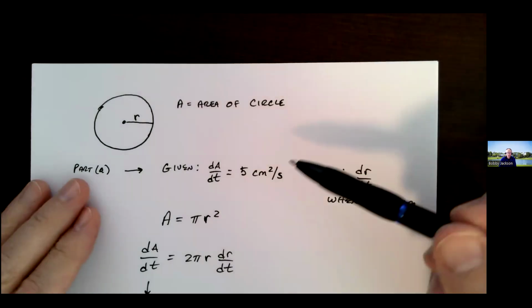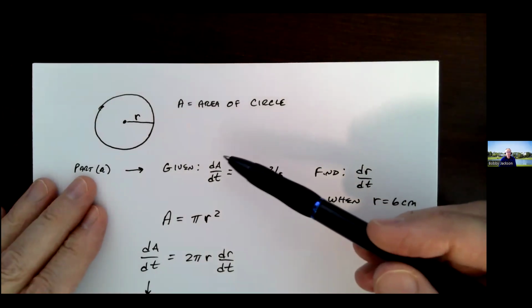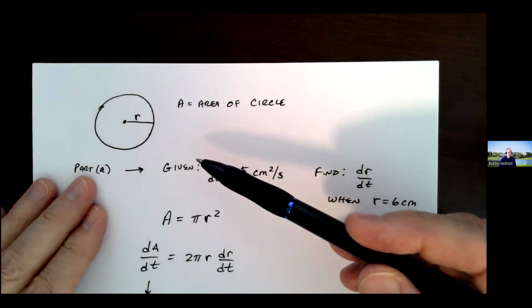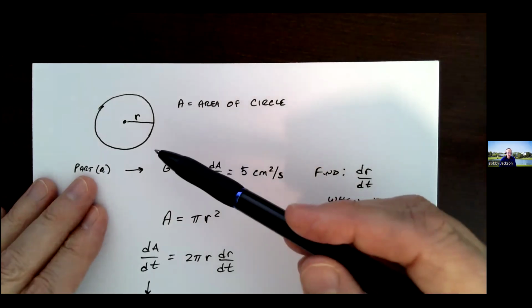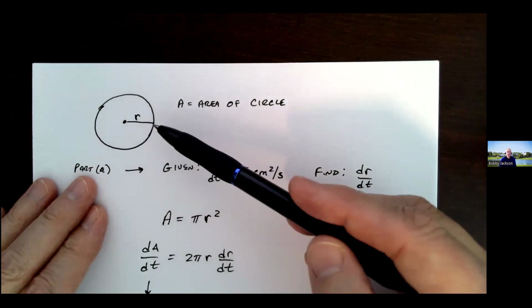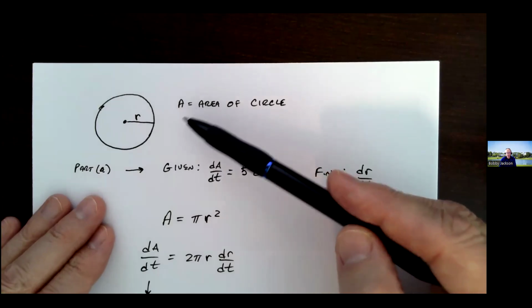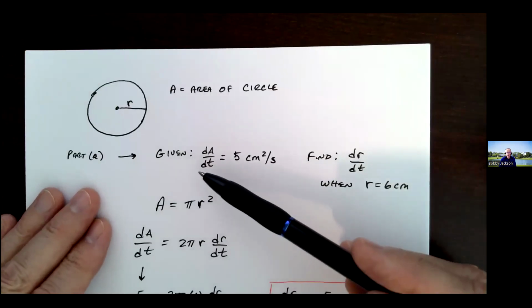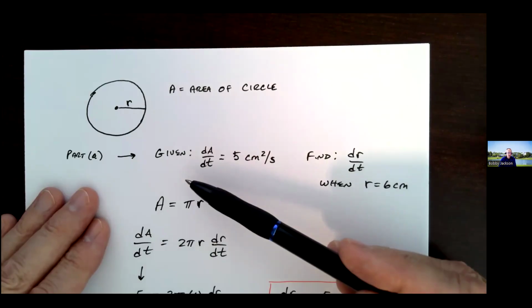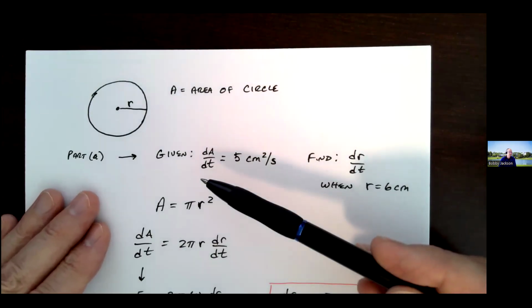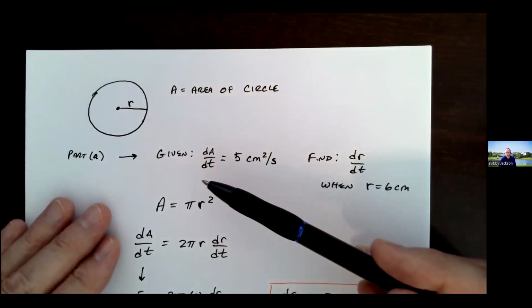All right, let's take a look at this related rates problem. We are given that an area of a circle is increasing at a certain rate. I'm labeling, obviously, the circle's radius r, and the area of the circle is A. And in part A, they ask you to find how fast the radius of the circle is changing when the radius is a certain